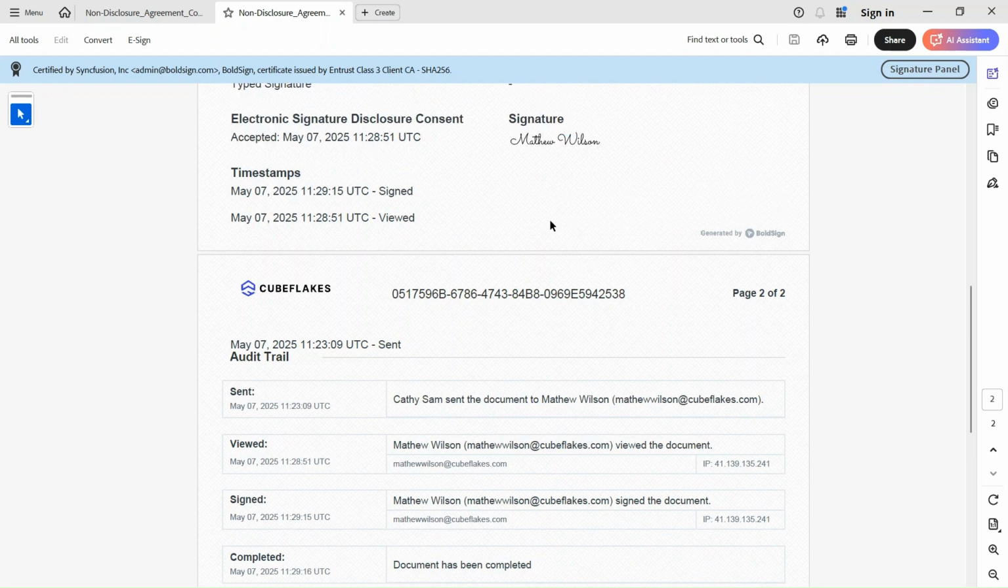And that's it. You've just seen how easy it is to send a document for signature using the BoldSign Python